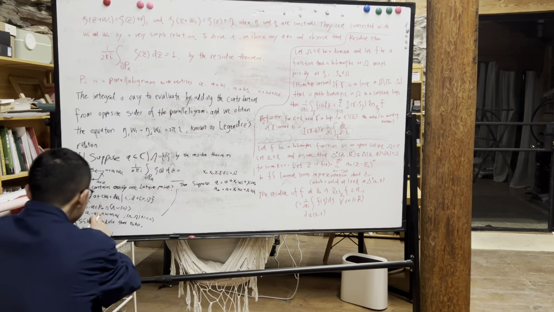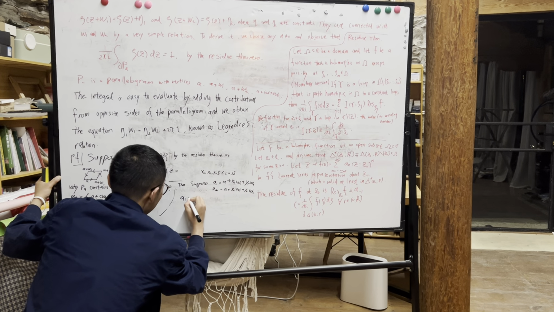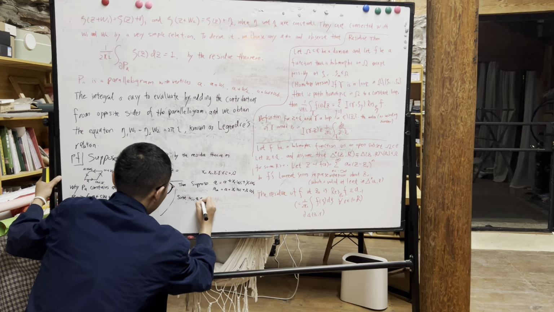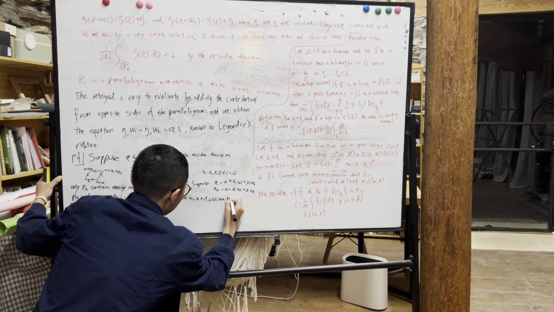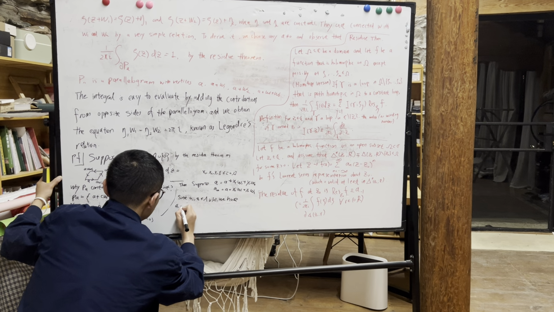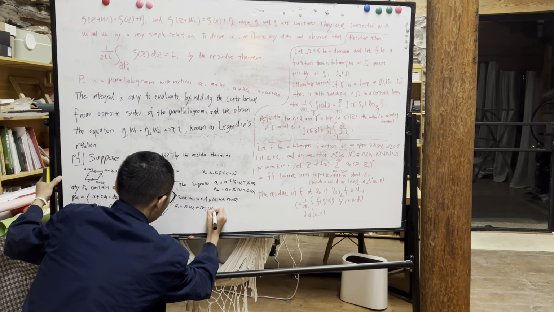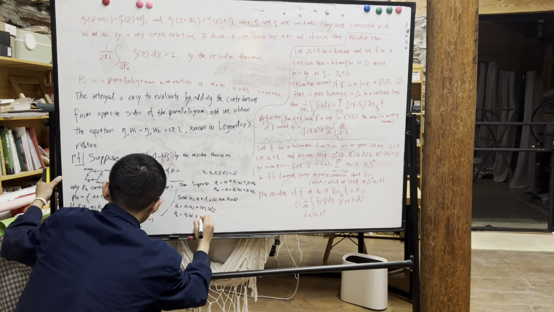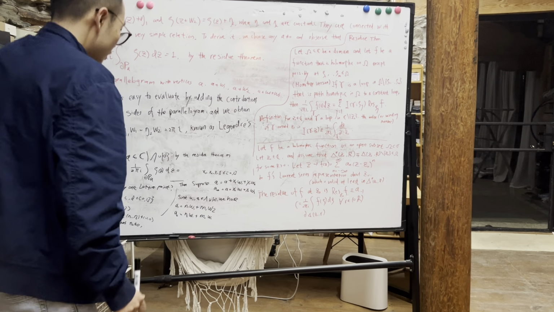So since A1, A2 are on the lattice point, union 0, so we have A1 is equal to, let's say, N1 omega 1 plus M1 omega 2, and then A2 is equal to N2 omega 1 plus M2 omega 2. Okay, and then